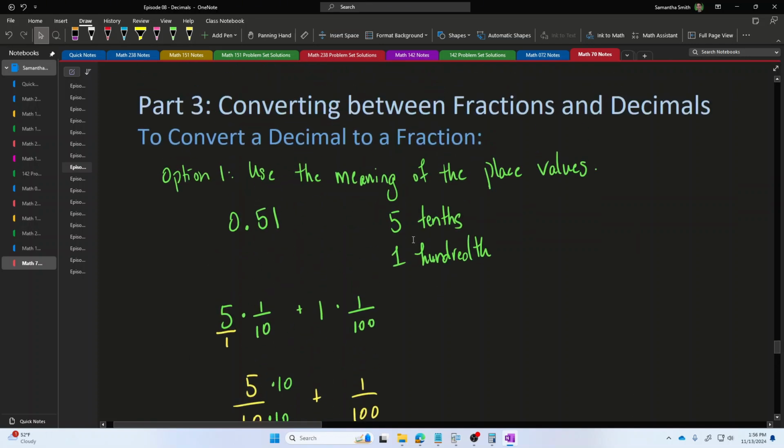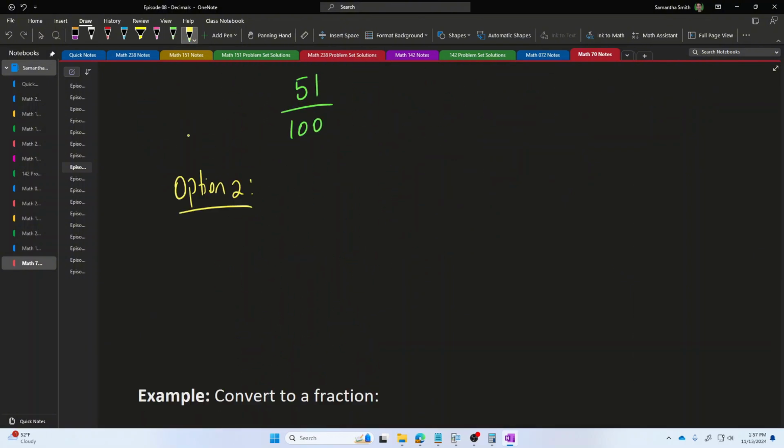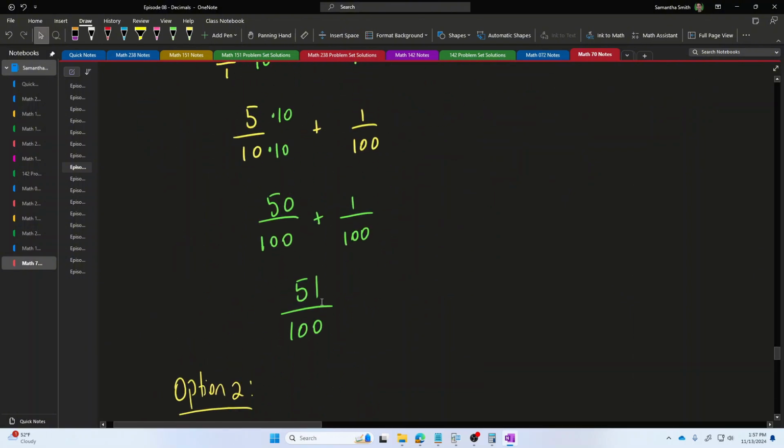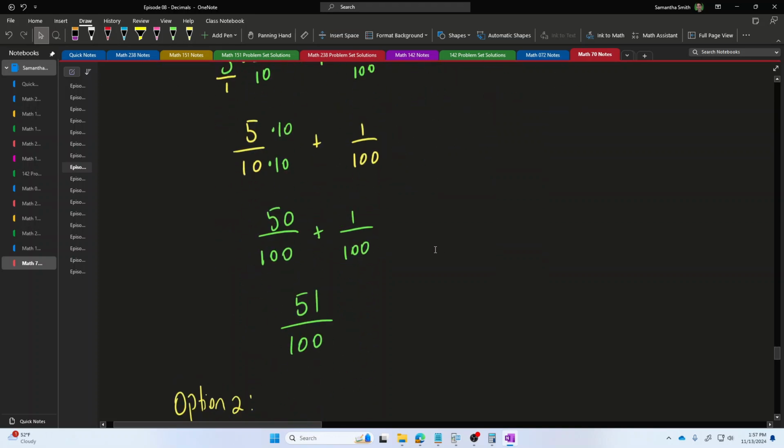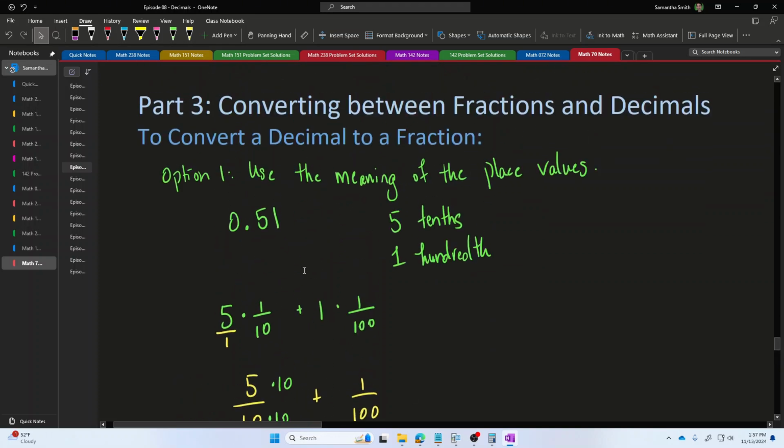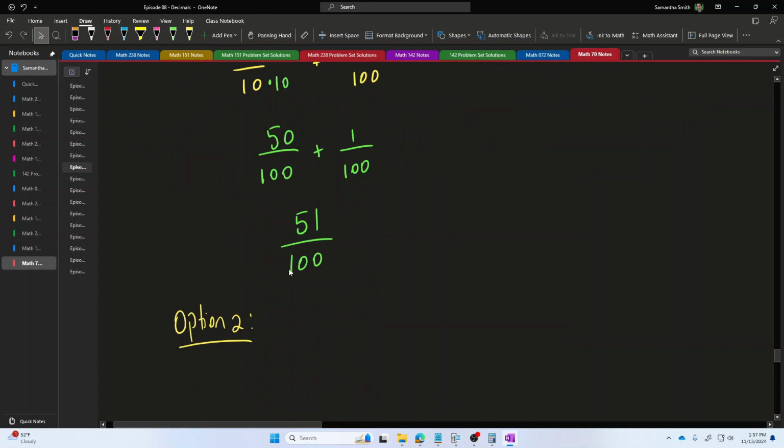Now, this was a pretty lengthy process. So let me give you an alternative way to complete this process that is a little bit faster. Now, notice something interesting here. The difference between 51 and 0.51 is that you can get 51 by moving this decimal place 2 units to the right. I've moved the decimal place 2 units to the right to get 51, and I've ended up in this fraction in the denominator with a 1 with 2 zeros.